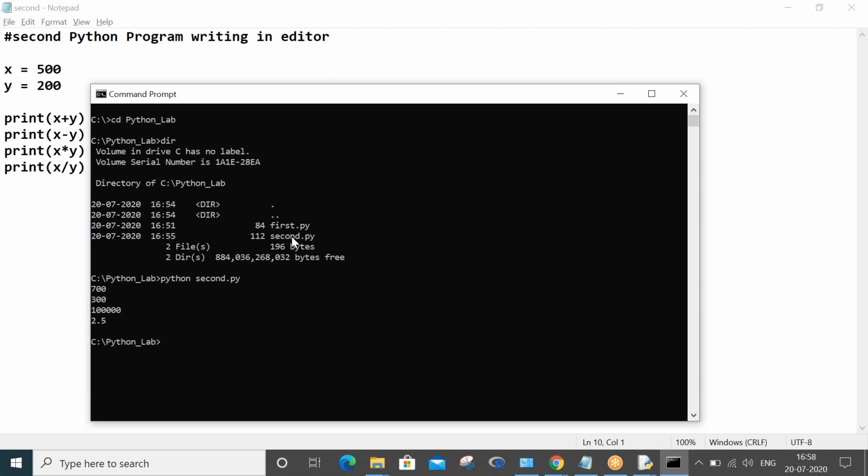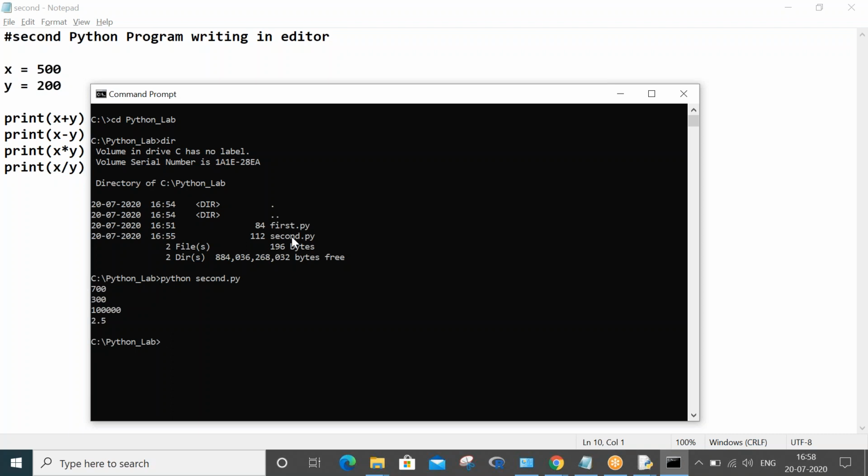Click enter, and immediately you can see the result of the program. This is the program which we have written in notepad and saved in the directory python_lab, and I have shown how to execute it from the command prompt, right?